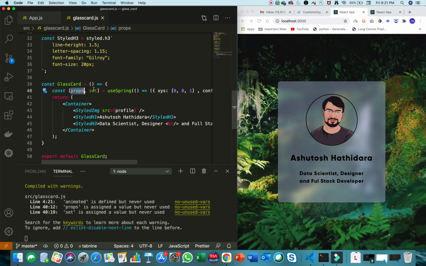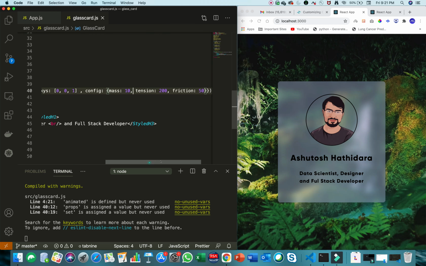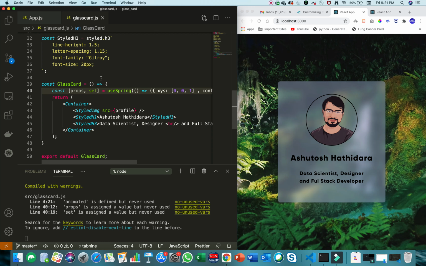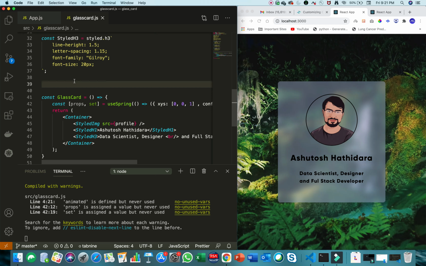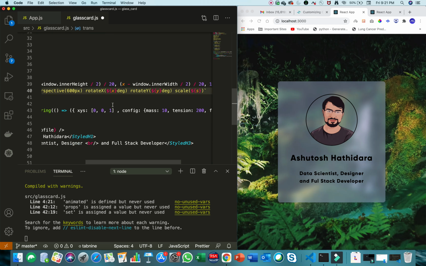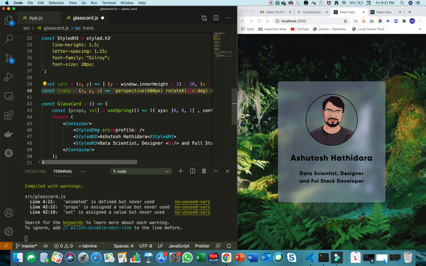Now where will these props get used? If you know about physics, in physics you have some parameters. With those parameters you apply some function, and with that function some movement happens. So these props are our parameters. Now we'll have some functions, and you don't have to write any function. You can directly copy the functions which are there on React Spring's official page, that is reactspring.io.